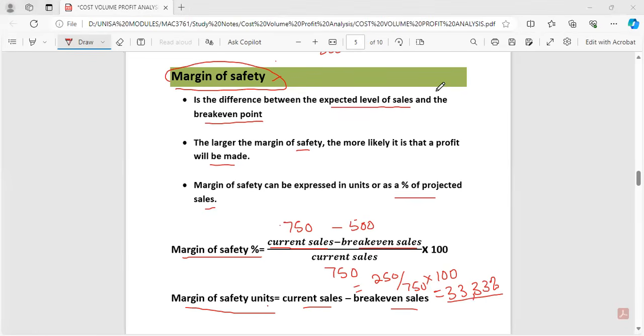They're still a bit safe. 33.3% margin of safety, but they need to push a bit here. At least if they can have like 350 or 750, at least even if the sales drops, they still know they are going to make a